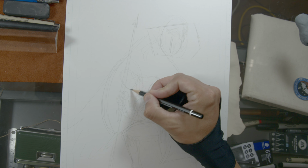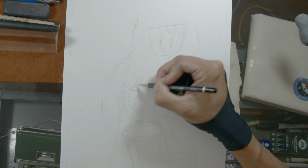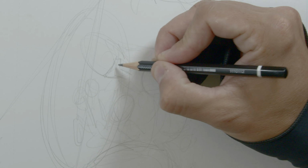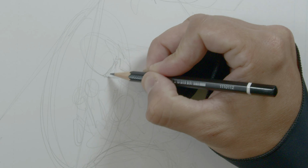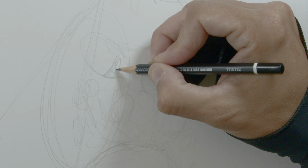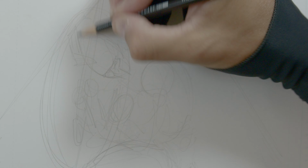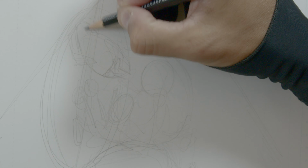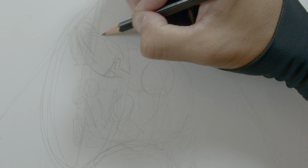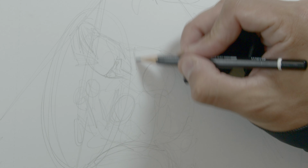From here, since I have his head already in place, I can already start to design his helmet. Because that's the fun stuff, right? Put his eyes looking back. And then, I forgot this little nose piece that they have. Then maybe even have the Spartan hair, whatever that is. I don't know if it's lamb hair or horse hair or whatever, but you know, it's all the Greeks and Romans have this kind of stuff. And then, I can put in a cape here,